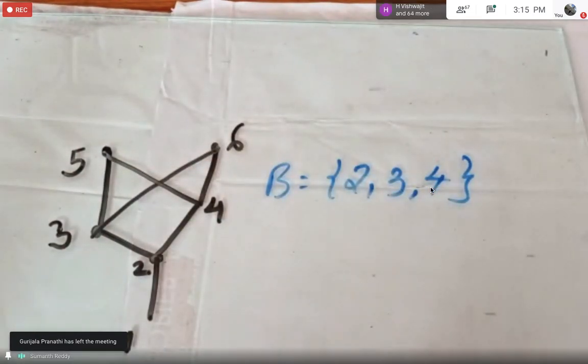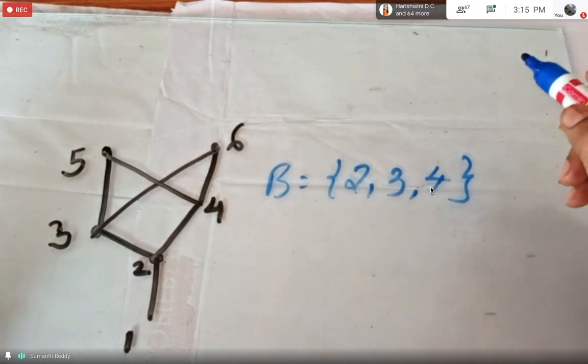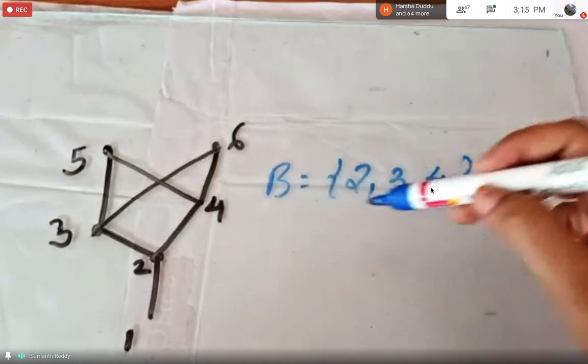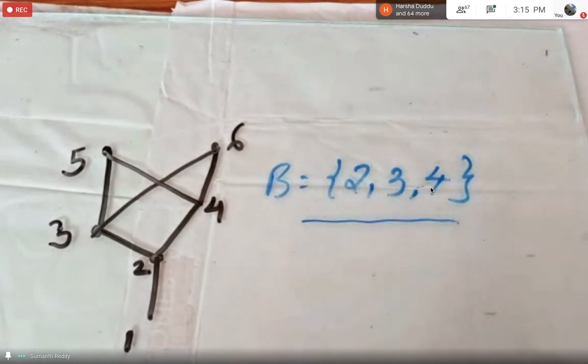Okay. Fine, students. So here the Hasse diagram is defined for the set of elements 1, 2, 3, 4, 5, 6. But as I told you, in order to find the upper bound, lower bound, greatest lower bound, and least upper bound, I need to have a subset of the elements. So here the subset of elements is 2, 3, 4. Will you try, students? Can you just try to answer this question? Just a minute.